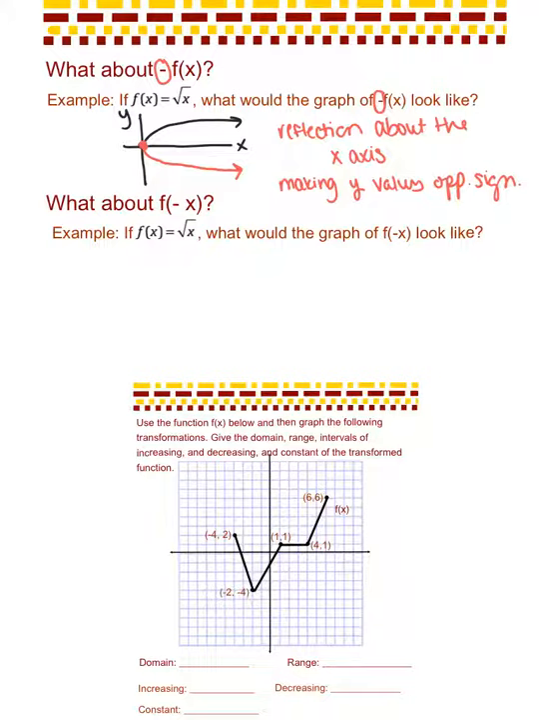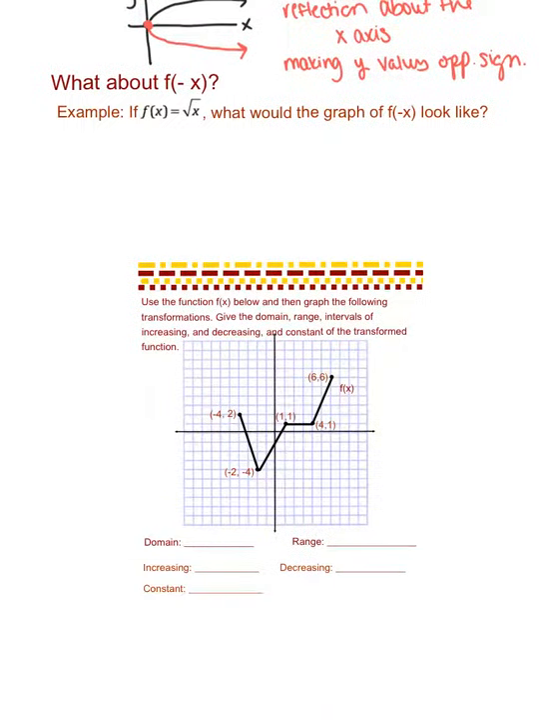And then I want you to take a look at what happens if that negative is on the inside. So this time, instead of the negative being on the outside, I'm putting it on the inside. So if I were to look at f of x equals the square root of x, now I'm looking at f of negative x, which is the square root of negative x. What does that graph look like? Well, my parent function,